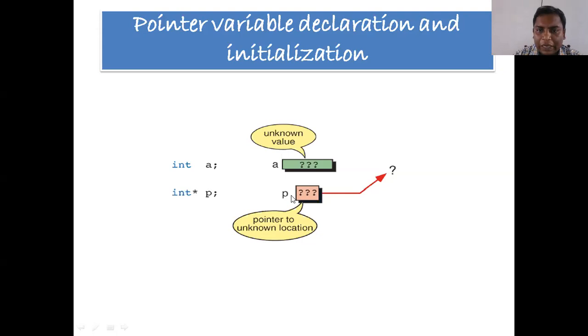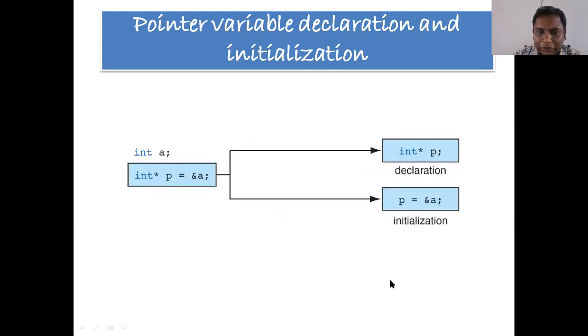Now here we are saying int *p, and again this is empty. If we write p = &a; which means &a, that is the address of a, is assigned to the pointer p, which means p will point to the memory location of a.